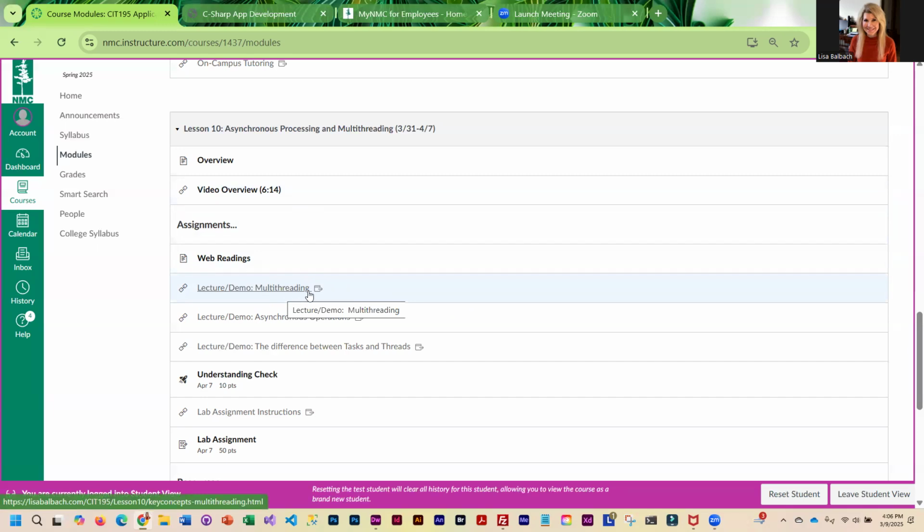And basically, you'll learn about what a thread is, how to create one, how to manage it. You'll also learn about what a task is and the fact that a task basically runs on a thread. But tasks are managed by the .NET framework, and threads are really connected more to your operating system. Okay, so you'll learn about threads and tasks, and we'll go through several different coding examples so you can see